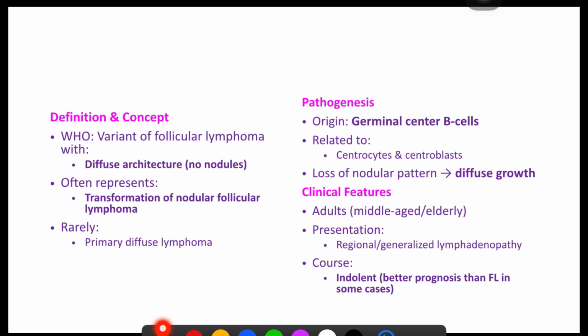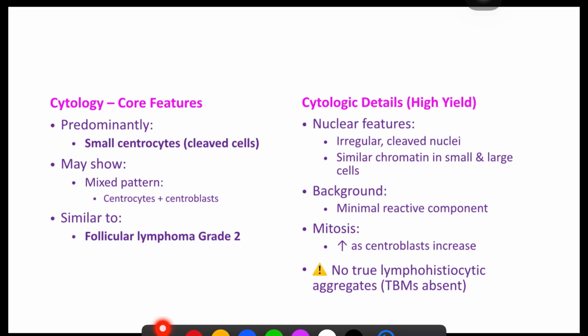Indolent course is there and better prognosis than follicular lymphoma in some cases. Cytologically, here small centrocytes or cleaved cells are present. Sometimes it shows a mixed pattern showing both the centroblasts and centrocytes, and similarly morphologically follicular grade 2 lymphoma is seen. Nuclear features are irregular cleaved nuclei, and chromatin is similar in small and large cells, and there